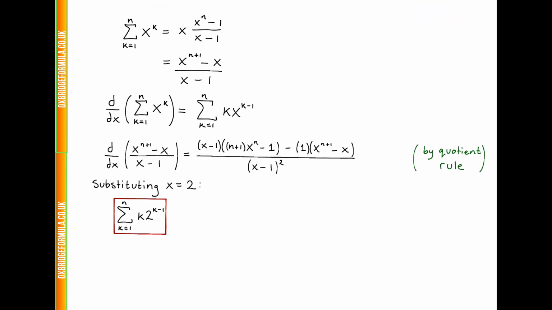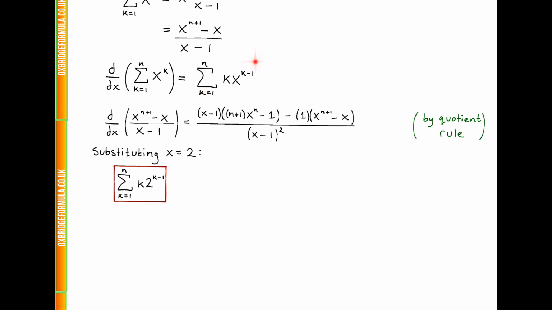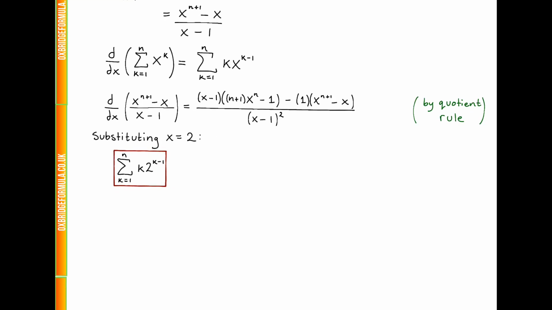Substituting, our term here now becomes our term in the red box: the sum from k is 1 to n of k 2 to the k minus 1. Since now 2 minus 1 is 1, we can ignore our denominator. This term x minus 1 will also be 1. So substituting in, we get n plus 1 lots of 2 to the n minus 1 minus 2 to the